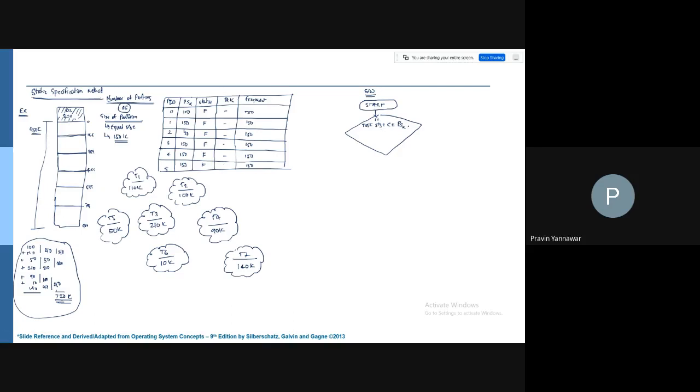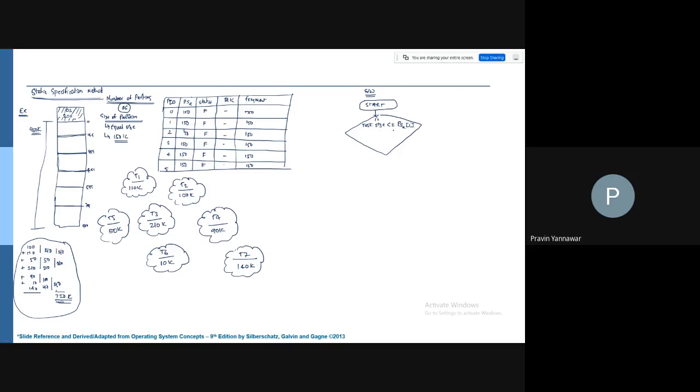If the task size is less than or equal to the partition size of, say for example, the ith partition, whatever partition we are going to have. This ith partition will go from 0 to 5.